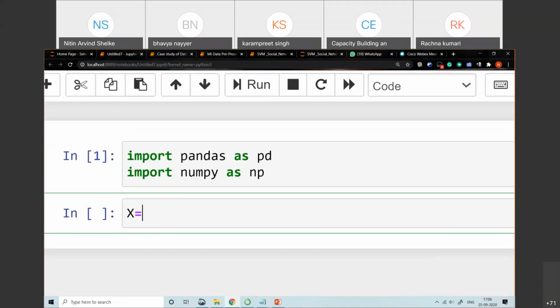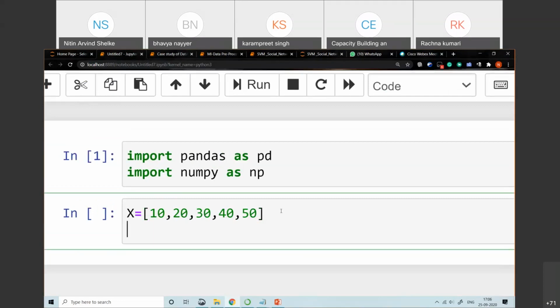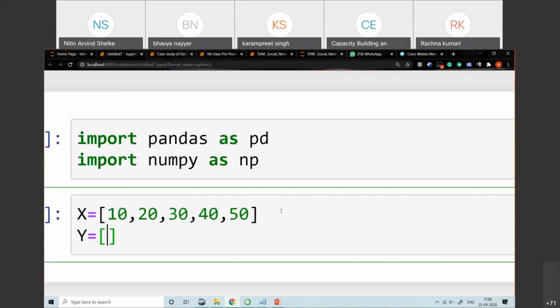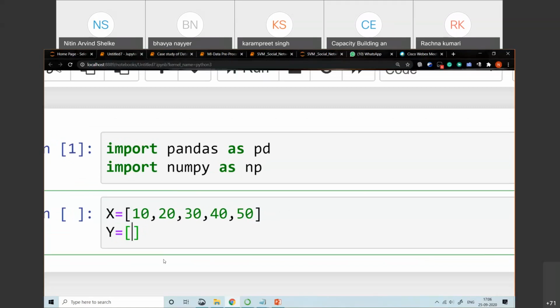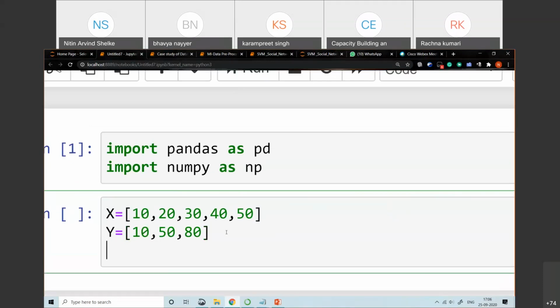One is the x variable, in which I will add some parameters 10, 20, 30, 40 and 50, and let me add the parameters in the y, 10, 50 and 80. Okay, so these are my x and y parameters.